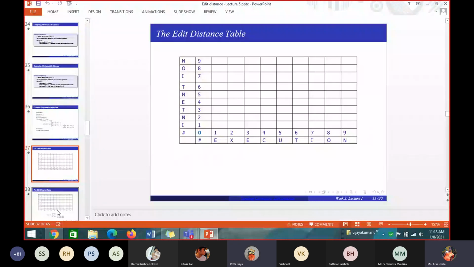Yes, ma'am. Okay, so now please draw 11 rows, 1, 2, 3, 4, 5, 6, 7, 8, 9, 10, 11, with how many columns? 1, 2, 3, 4, 5, 6, 7, 8, 9, 10, 11. Make it 11 cross 11. This is how you have to draw the initial structure. Even if you make a mistake in one box, the entire problem will be wrong.